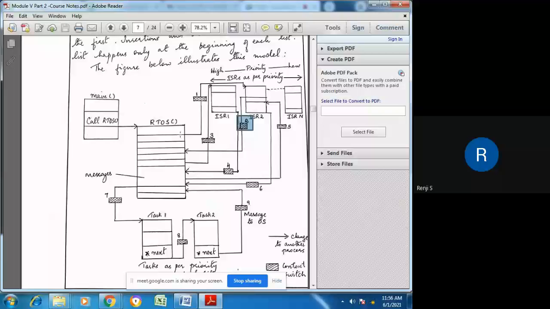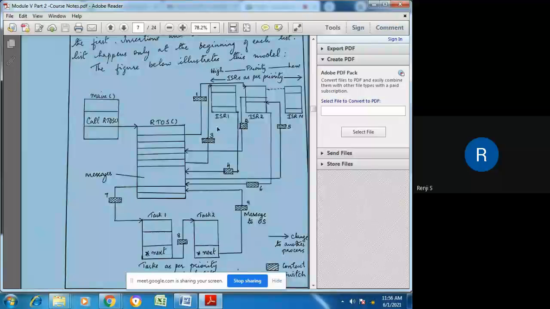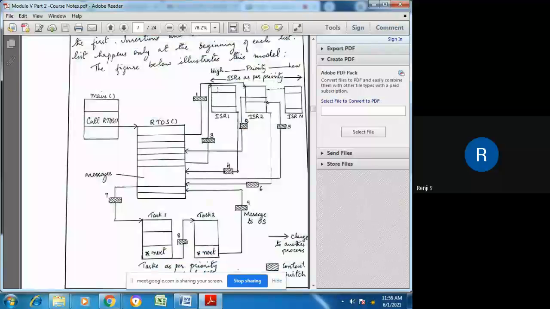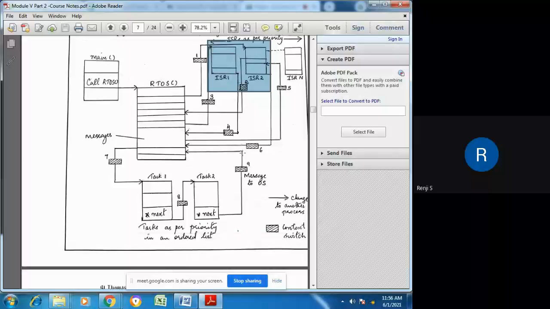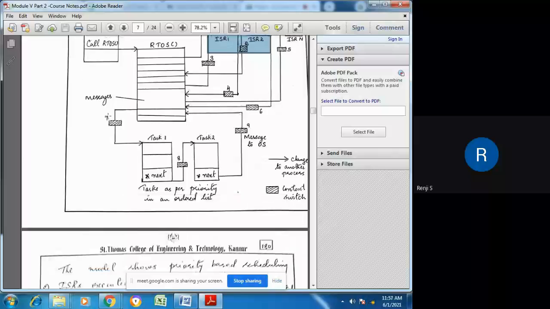When it returns back, the one that has the second highest priority, that is ISR1, will be executed. And when ISR1 is executed, after it will fork certain messages into the message box, as also ISR2 will put certain messages to execute the tasks into the message box. And when all the interrupts that have been invoked and generated have been executed, the last step it will go to execute.